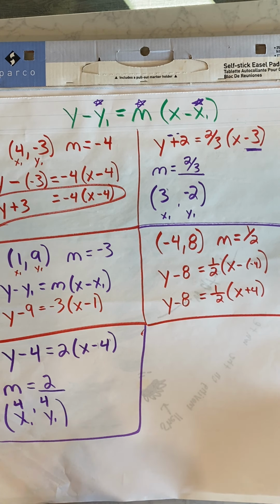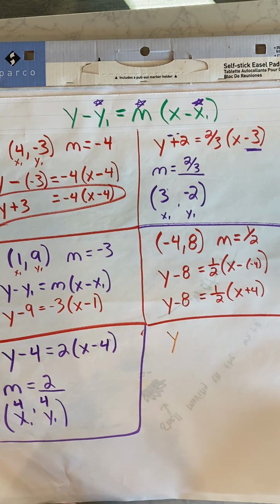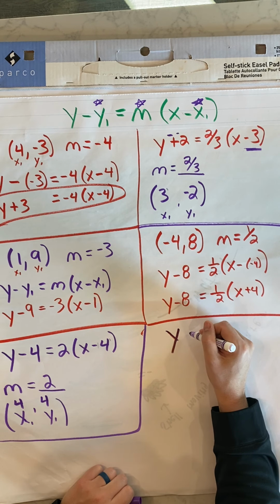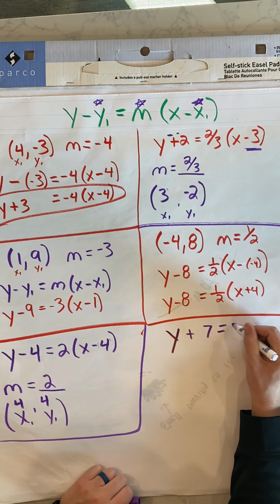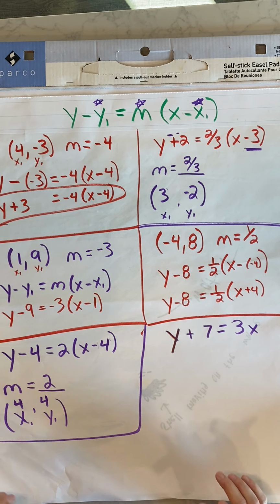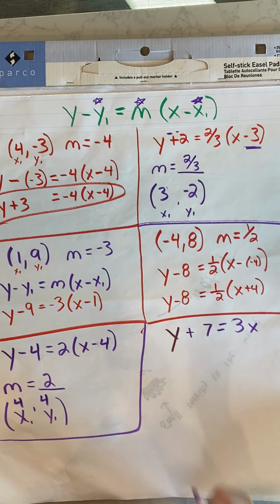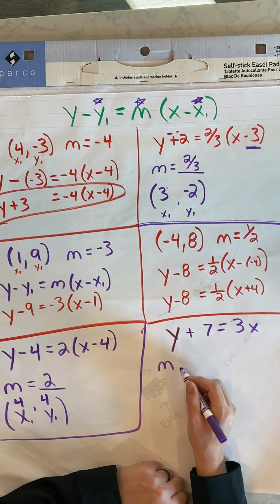And let's look at another one. What if we had something, oh, that marker is shot. Let's go y plus 7 equals 3x, because you'll see one of these like this on your homework. All right, so identify the slope and then the